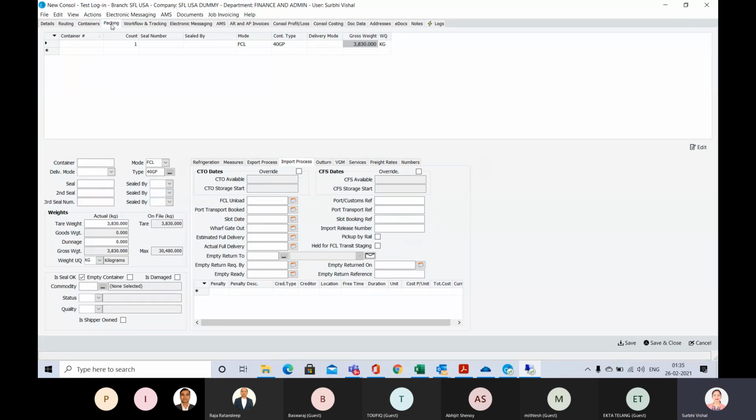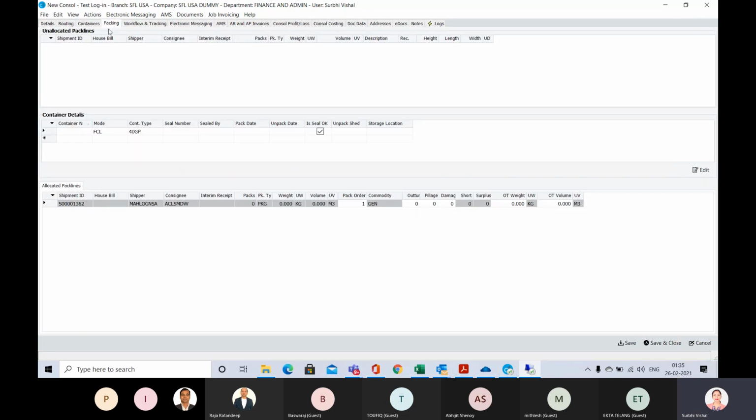Okay, then next we are having the packing. Packing means for this container, how many packages are there inside this shipment. I will be showing you the shipment, and then these things will be clear to you. Then workflow tracking.